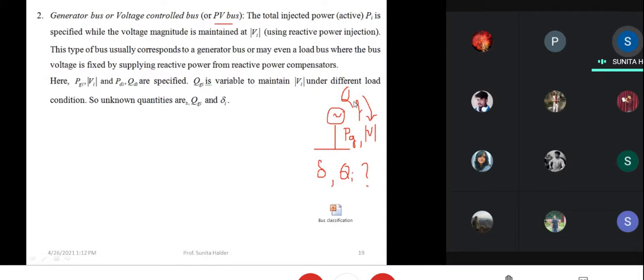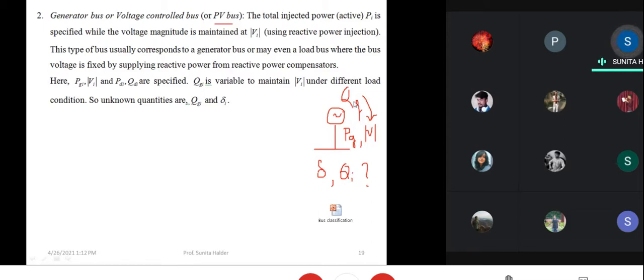So in load flow study, by calculation, when QG reaches its minimum or maximum value, then obviously it will be assumed that that particular generator is not able to maintain its output voltage at this moment. So for that particular generator, PG and QG will be fixed, and V and delta will be variable. So that generator will be converted into a PQ bus. PQ bus does not mean it is a load bus. PQ bus means a bus in which net active and reactive power injections are known.